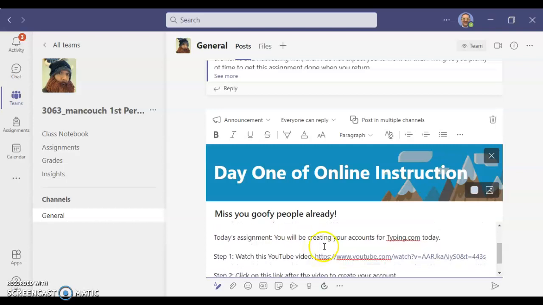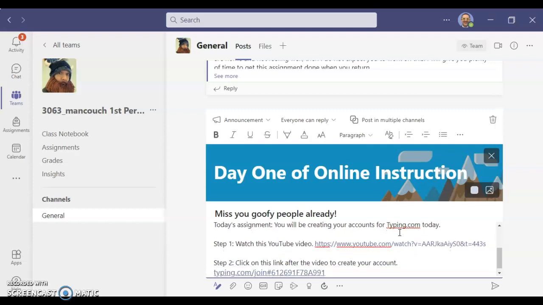Scrolling down a little bit, it tells you you're going to be creating an account for typing.com. Some of you are familiar with this. You've played the typing games on there, or some of you may have accounts from older classes. So we're going to create an account today. The first step,